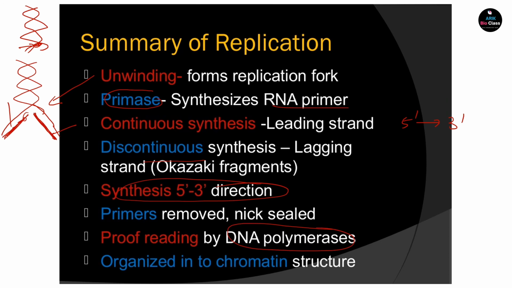Whatever document we prepare, we just edit it. We do the proofreading, to check whether we have left some errors in writing or any documentation. Similarly, the DNA polymerase enzyme does proofreading, and it checks whether there are any errors in the newly synthesized strand, and then they will get detached from here, and as a result we will get two daughter DNA strands